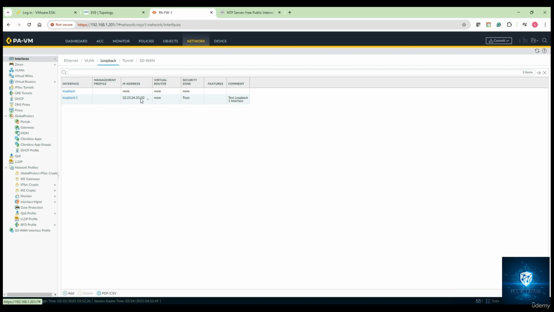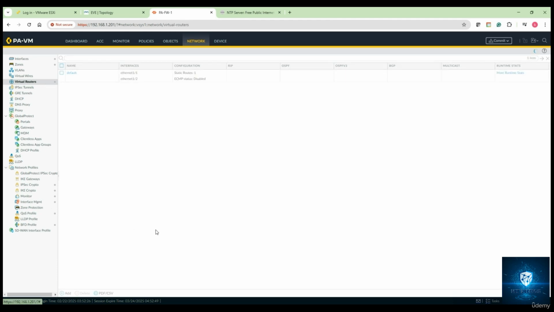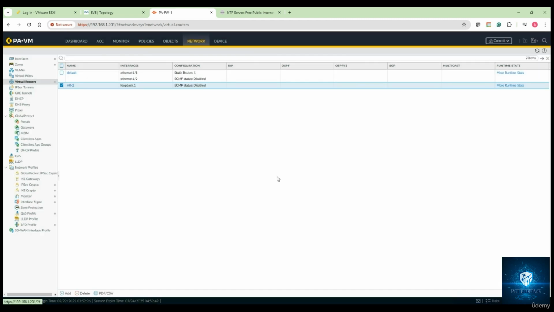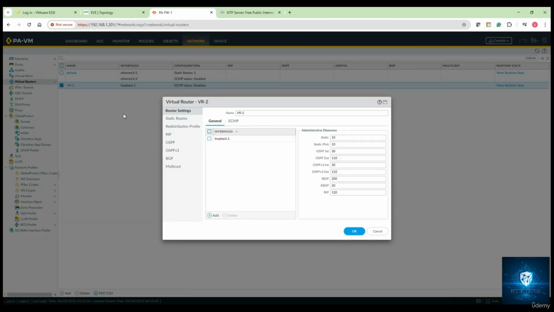Now what you can do is go back to the virtual router and click on Add. Say this is VR-2. Under Interface, click on Add. You find that the loopback 1 interface is available now. So this is part of that VR2. And likewise, you can go and configure static routes under the virtual router. Let's say I click on OK now, and if you hit back inside this particular VR2, you can see that